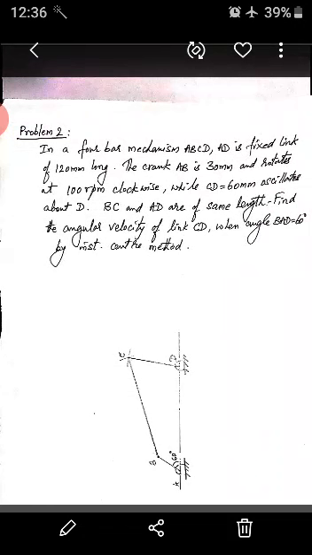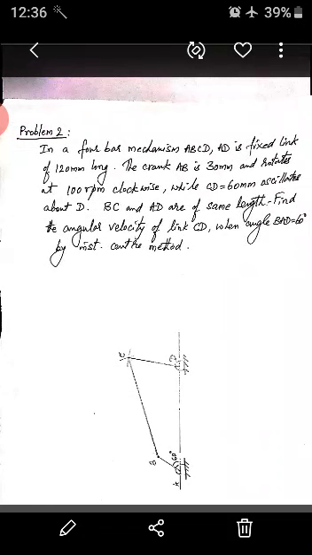See, this is a very simple question. Omega 4 is asked, but we cannot do any shortcut. We have to go to link 2, then go to link 3 and come to link 4. Okay, draw the figure to some scale. So we have drawn 1:2. Angle BAD is given as 60 degrees. You start with link AB, then AD is known to you, 120. I have drawn 60 mm.